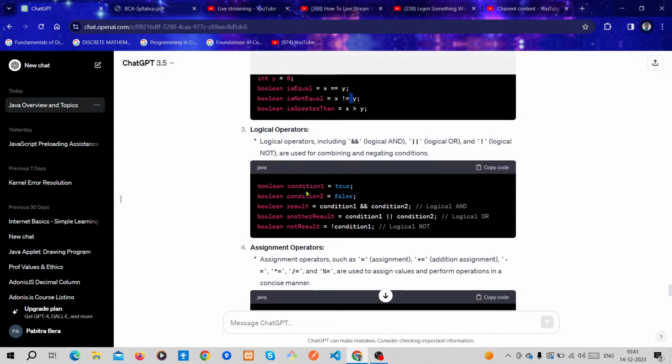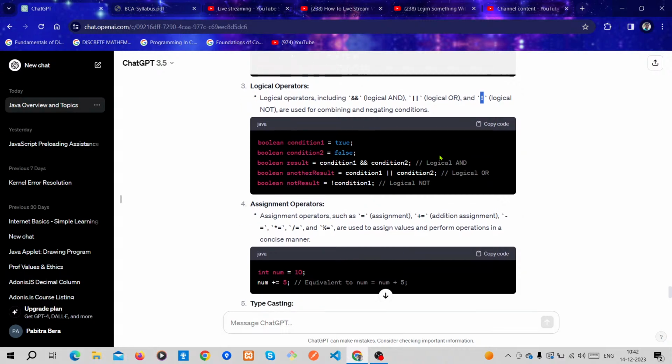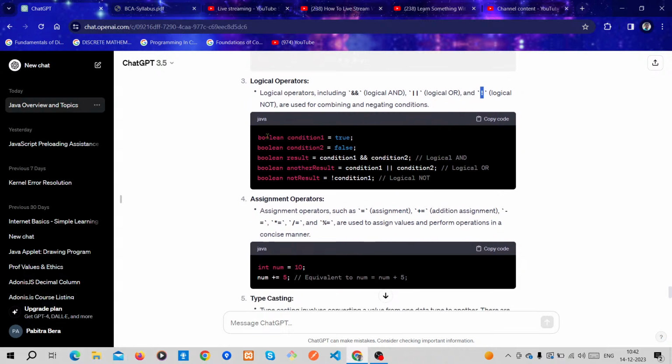Logical operators include logical and, logical or, and logical not. These symbols for and, or, not are used for combining and negating conditions. These are called logical operators. Here one variable is boolean type. Condition 1 is true and condition 2 is false. The result variable is also a boolean variable.